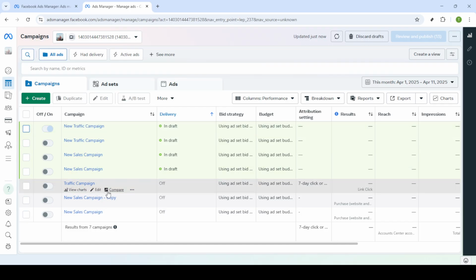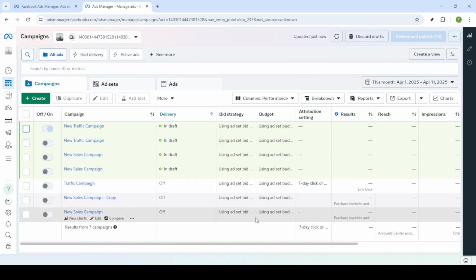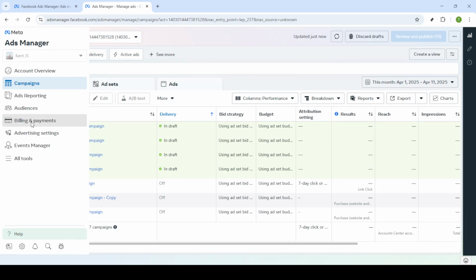Once you're settled, head over to the campaigns dashboard. This is the central hub where you manage all your ad campaigns, so it's essential to know your way around it. Next, locate the billing and payments section. You might find this either on the left side menu or at the top navigation bar. Clicking on it will take you to a new page where you'll find details about billing and payment methods associated